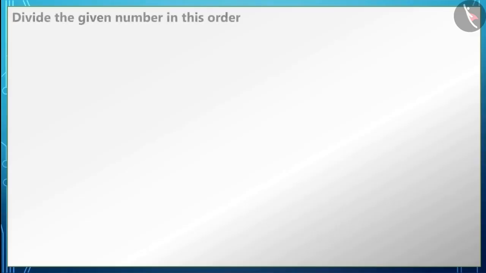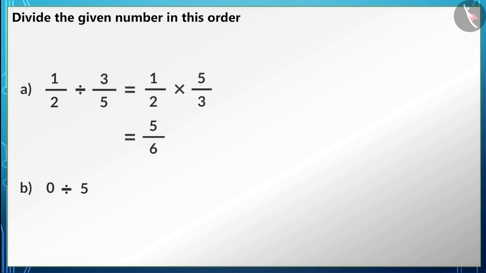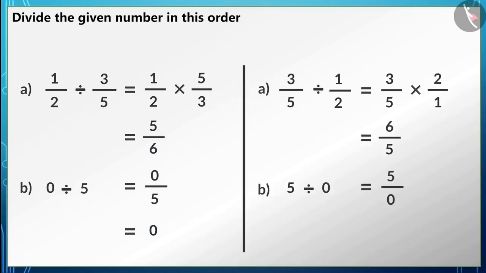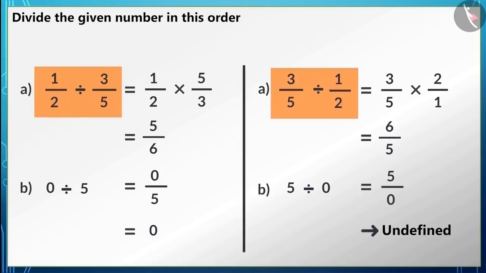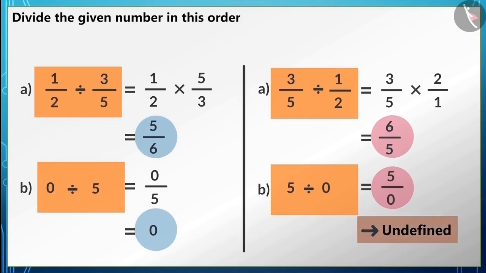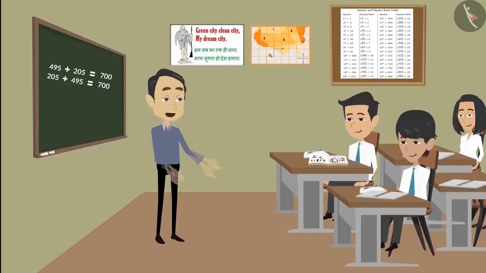Children, now look at these rational numbers and divide them in the same order. Write the answers in your notebook. Now change the order of these numbers and divide them again. Now compare the answer with the answers that you have written in your notebook. Sir, on changing the order of this question, our answers are different. When we divide 0 by 5, the answer is 0. But dividing 5 by 0 gives the answer 5 by 0. By dividing 5 by 0, we get an undefined answer. Here, with the help of examples, we have learned that